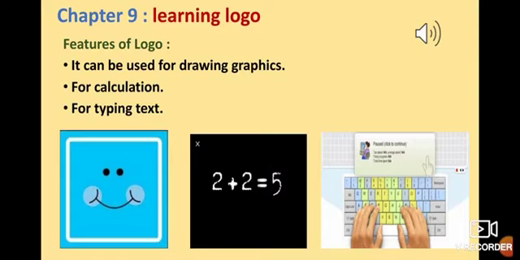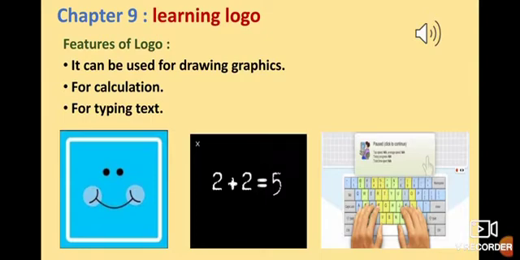This means that you can do any drawings in it, or any shapes like square, rectangle, triangle, circle, etc. can be drawn, or you can even use it for drawing a bicycle, a scenery, a butterfly, etc. The second point is it can be used to do calculation, any calculation like multiplication, addition, subtraction, division, etc. can be done in it.